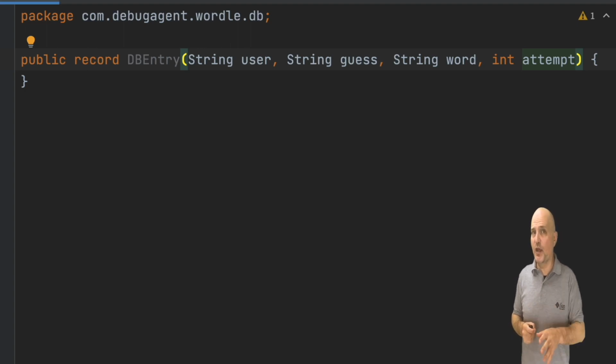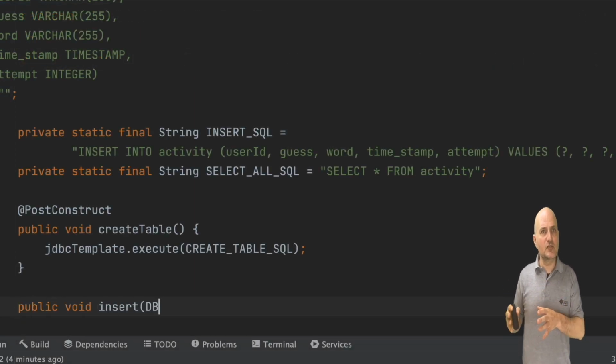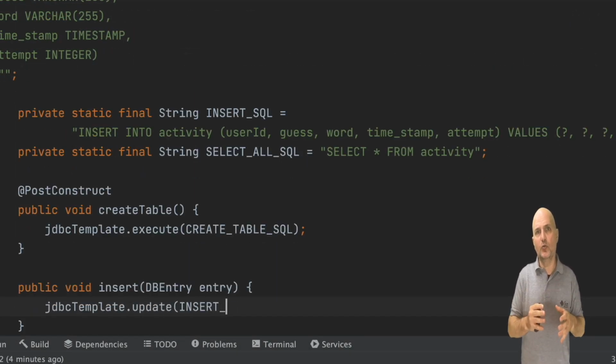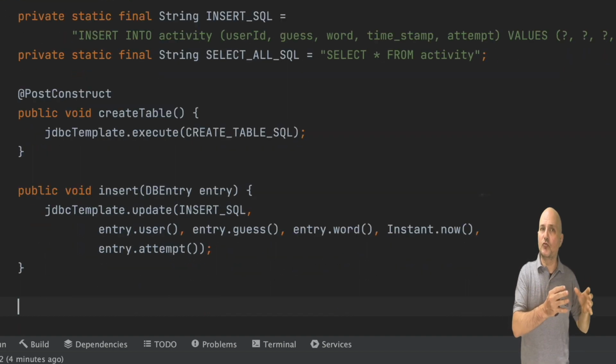This isn't very creative, but we can easily map it to some of the database APIs as we will see soon enough. Let's go back to the database class. The insert call accepts the code for the insert query and the parameters from the DB entry record. We can invoke this method and the DB entry will be inserted into the database.